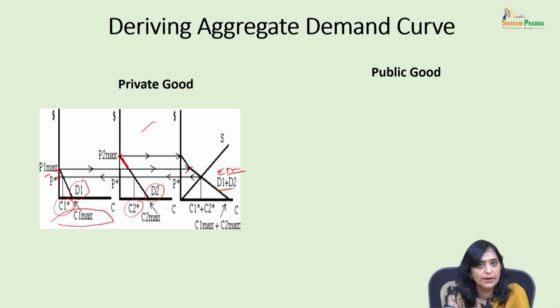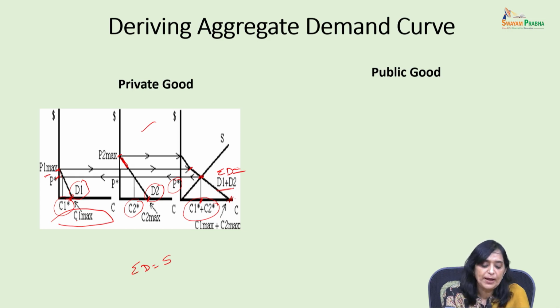So this is the demand curve, and if this is the supply curve, this point where summated demand is equal to supply gives us the equilibrium price, and this is the output which is going to be produced. So the producer of this private good knows that if I am going to sell at P star, this is the total demand. And this C shows C1 max plus C2 max. That is, this is the maximum which person A is willing to buy, and this point D2 is the maximum which person B is willing to buy. So together we get this C.